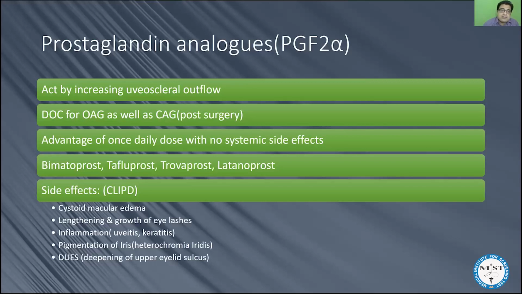So all these are side effects which you can remember by this mnemonic CLIPT. Now, bimatoprost is the one that is used in the form of eye ointment. So if we use bimatoprost eye ointment, we can use this medicine for the treatment of excessive fall of eyelashes. So any patient who is suffering from seborrheic dermatitis, there is a possibility the patient has excessive fall of eyelashes. So we can use bimatoprost ointment for the regrowth of those eyelashes.